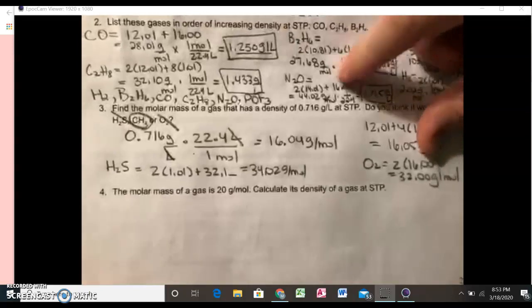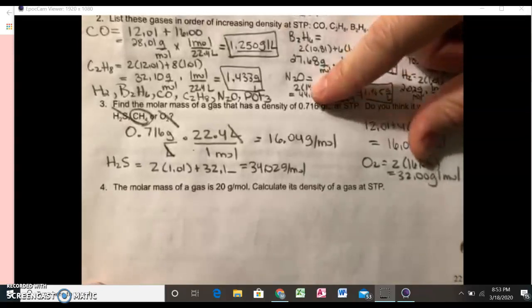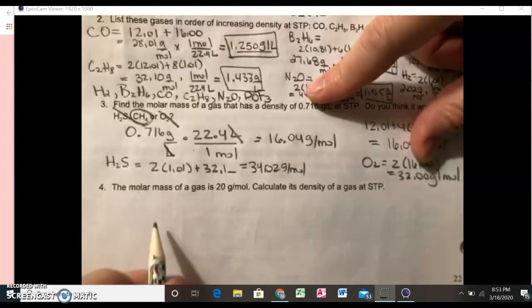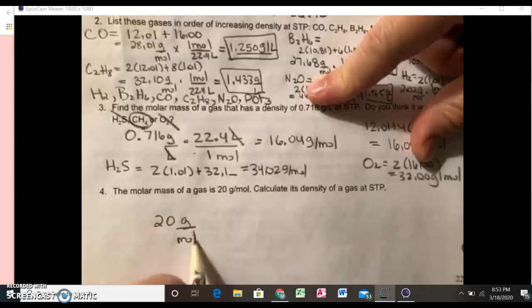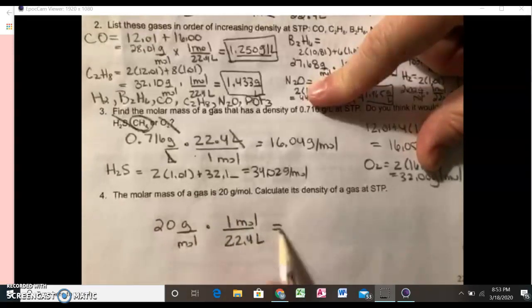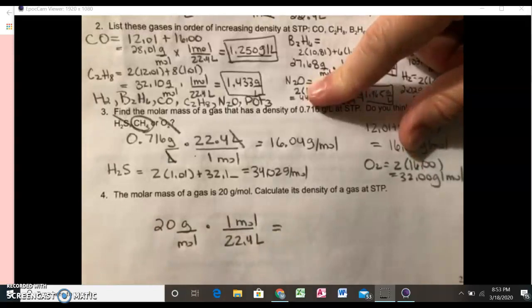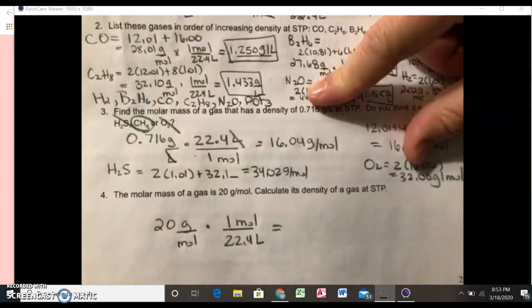All right, and then let's go ahead and do this last one. So the molar mass of a gas is 20 grams per mole. What is its density? So again, just simple playing with conversions. If it's 20 grams per mole, well, we know that 1 mole is going to occupy 22.4 liters at STP, so 20 divided by 22.4, and we